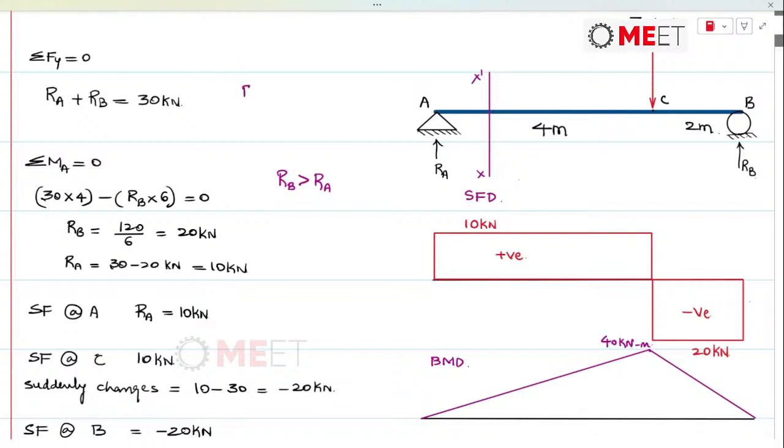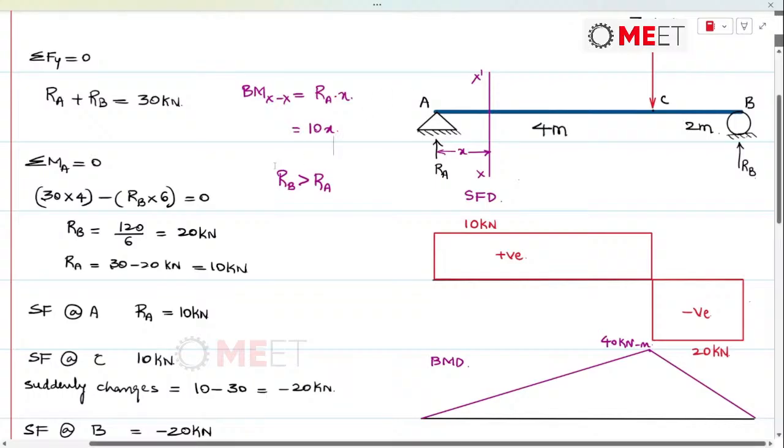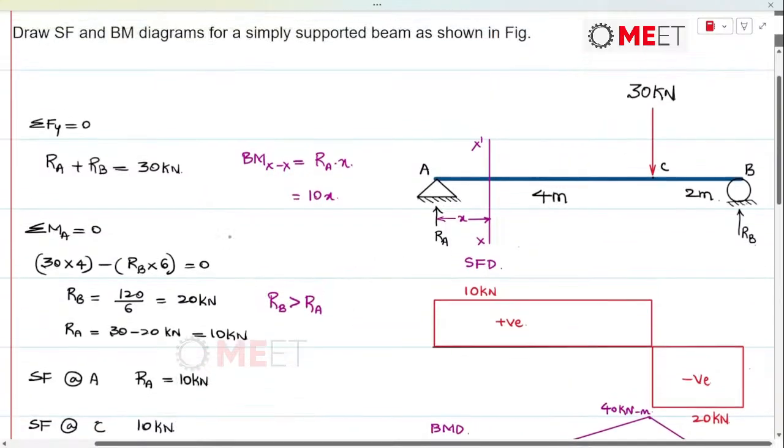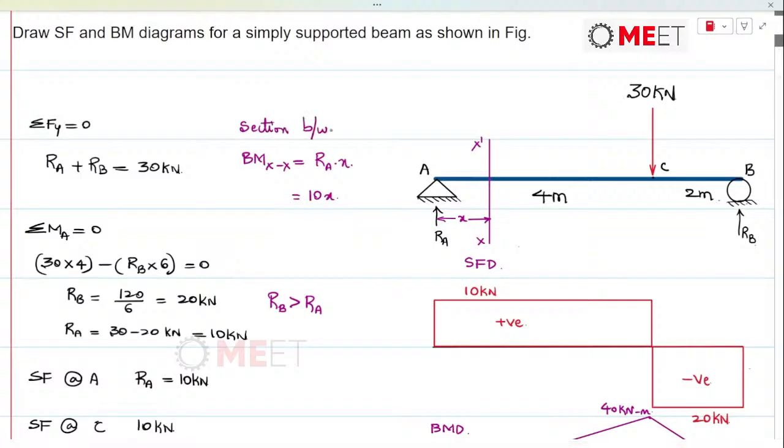So here bending moment about section XX will be equal to RA, and the distance between section XX up till RA is x. So RA into x. So RA here it is 10 times of x. All right. And if we shift the section between the points C and B, okay, this was the section between the